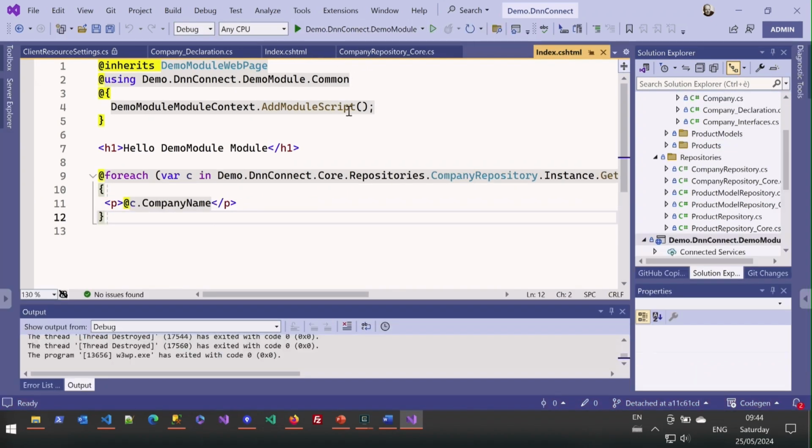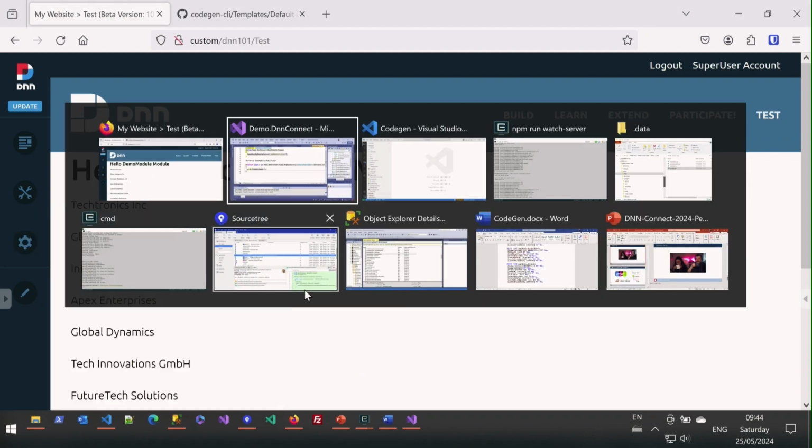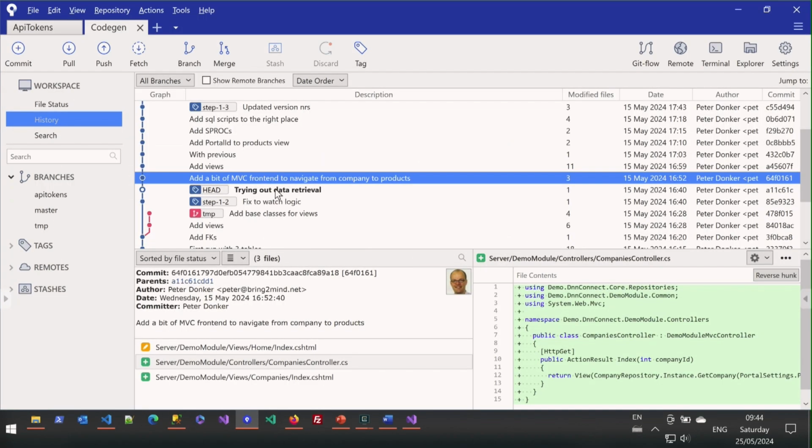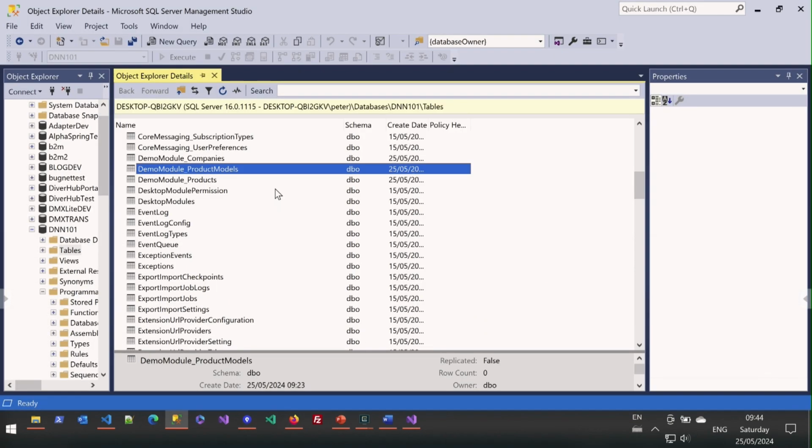It will say, give me back all the companies from this table where portal ID equals, and then it feeds in the portal ID. That's what the SQL does. All right. So next step is to add the views and to add the foreign keys as well to these tables. So the foreign keys will allow me to then detect which object depends on which object